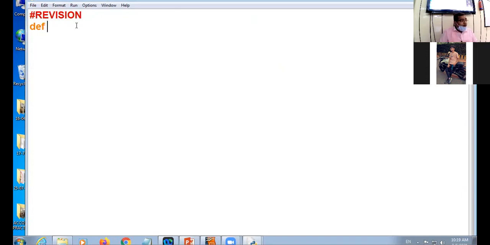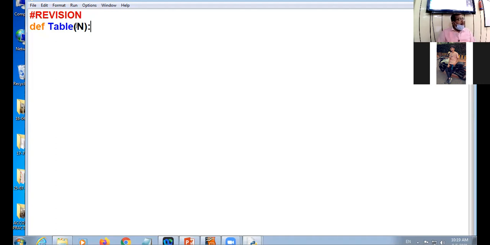def, you can take any name of the function. I am taking the name table. In the bracket, you pass the parameter. I am passing n and colon. This statement is called the function header.